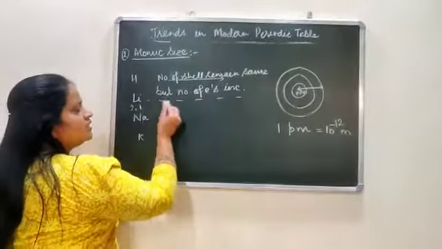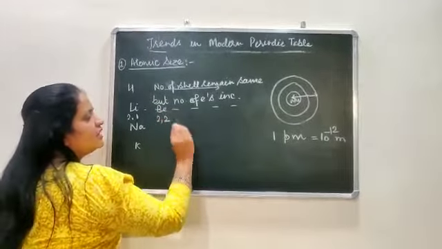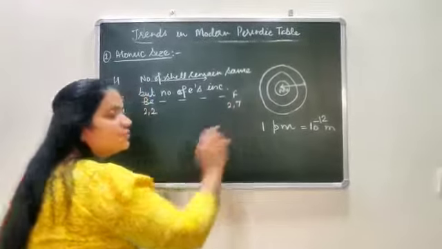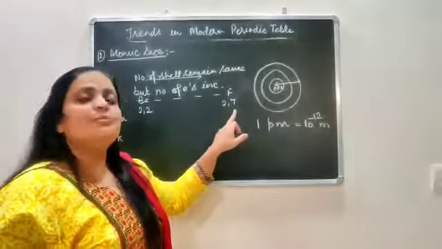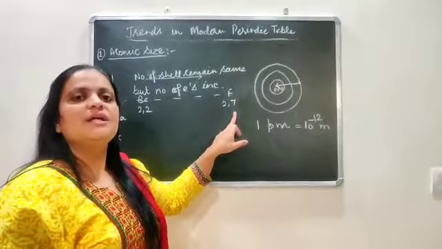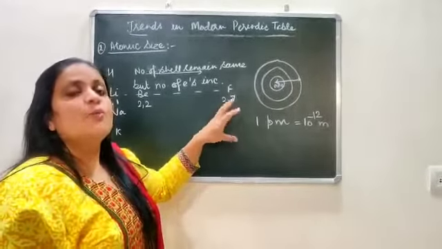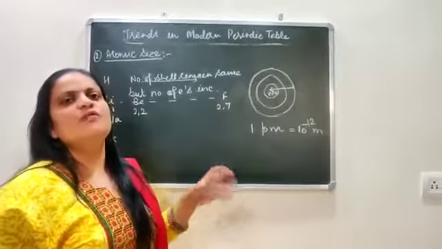Like in case of lithium, 2 shells, beryllium, 2 shells, it will remain the same. If I take the example of fluorine, it will be 2, 7, the number of shells will remain the same, but the number of electrons continuously increases. Due to that, these electrons will show more force of attraction with the nucleus, which is responsible for decreasing the